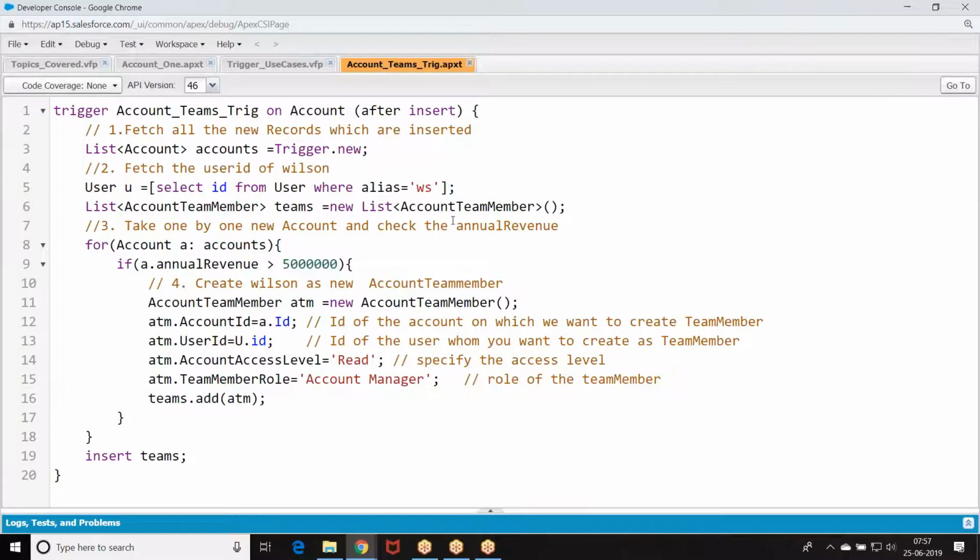My requirement is, listen to the context. I want to share the record programmatically. We have seen sharing rules, OWDs, role hierarchies, manual sharing, owner-based sharing, criteria-based sharing, territory-based sharing, all this stuff. But my point here is, I want to share the record. With whom do you want to share the record?